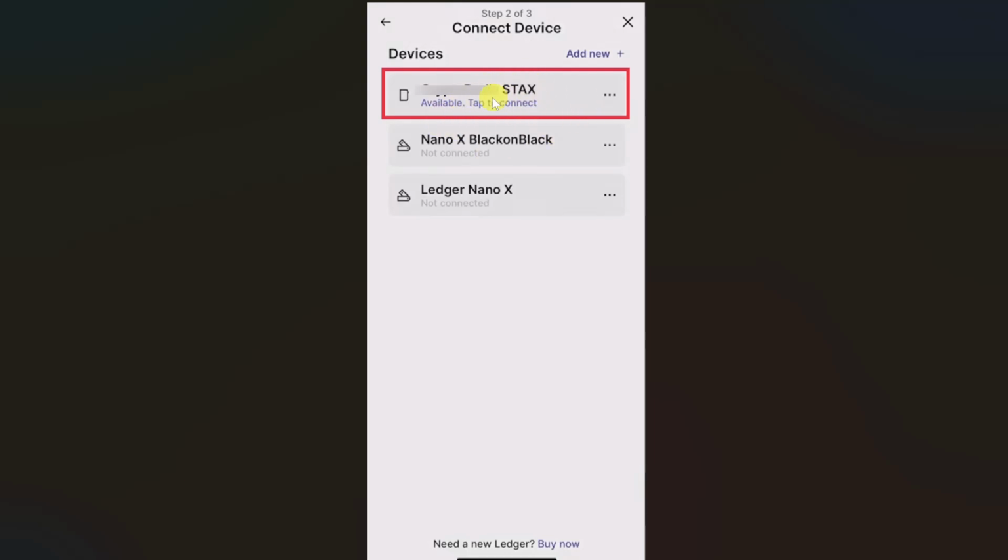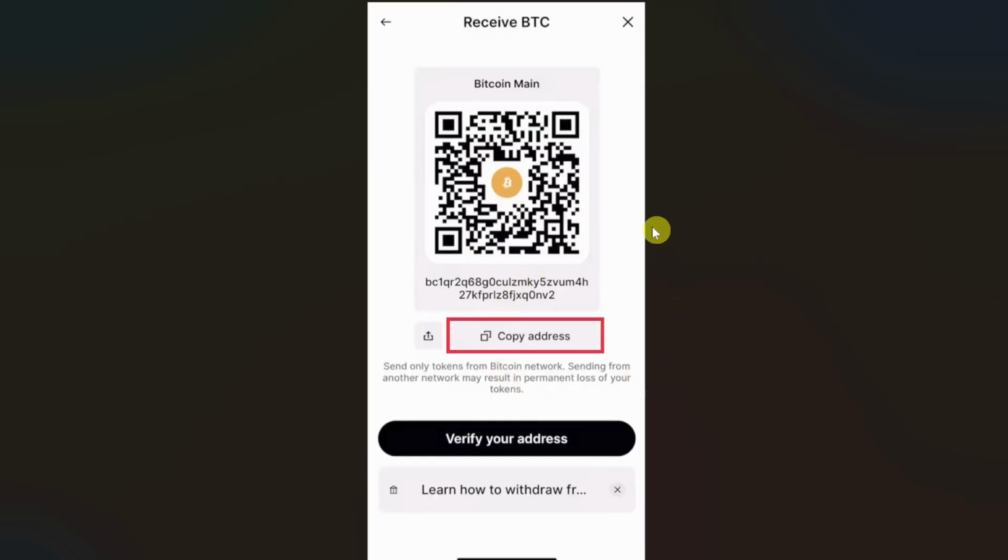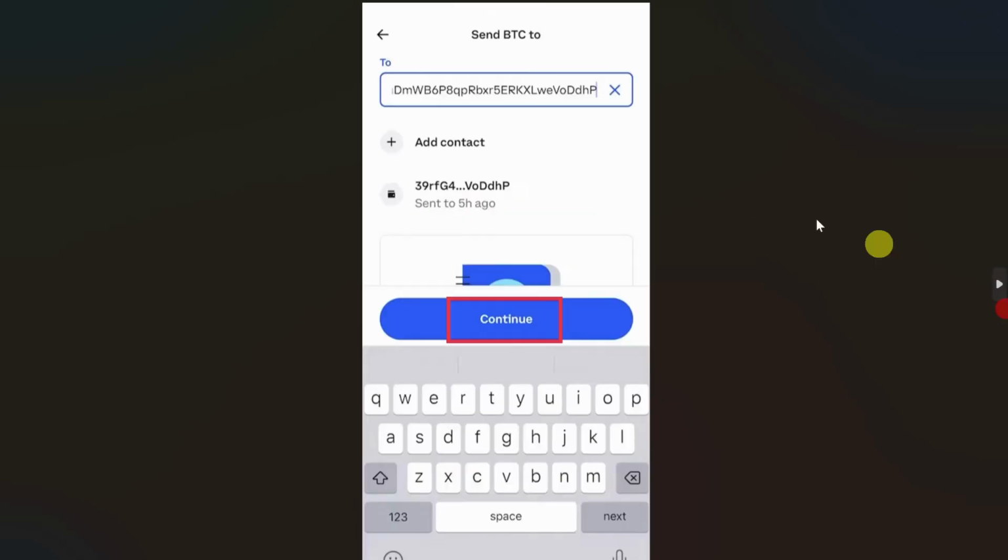I'm going to select my Ledger Stax. Then you need to verify the address with your device. Once you are sure, you can click on approve on your device, and then you will get your wallet address. Click on the copy address button, then go back to the Coinbase app and paste the wallet address, and then click